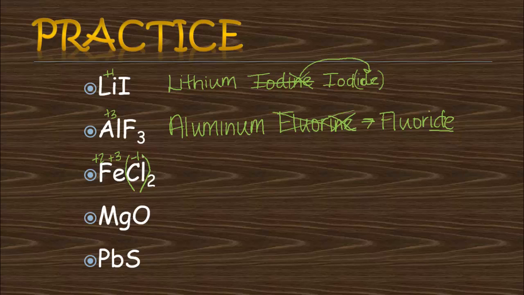That means it is a total of basically a -2 charge. So if this is a -2 charge total, because I have 2 of them, then I know for this to be neutral, I had to use the +2